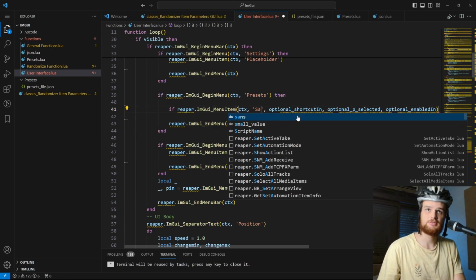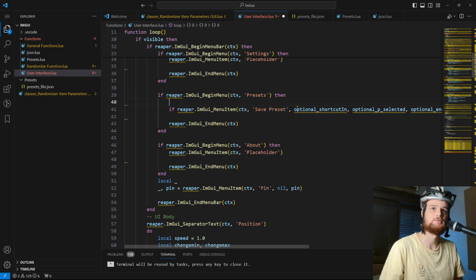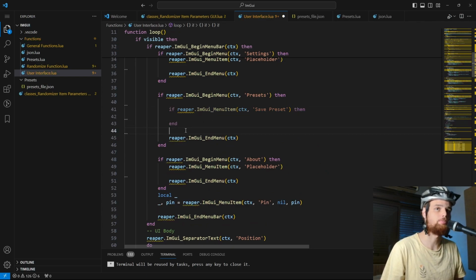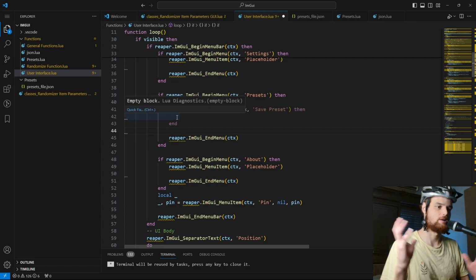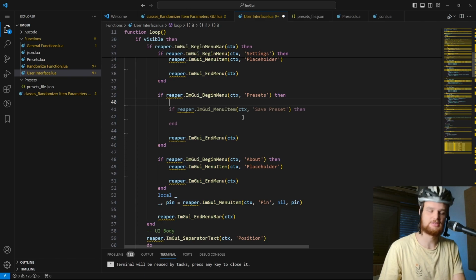Label will be just save preset. Here you can make this a pop-up or a window, and the user sets the name. I think that would be a little better user interface, but I will just put before this